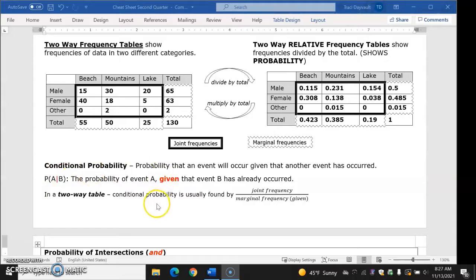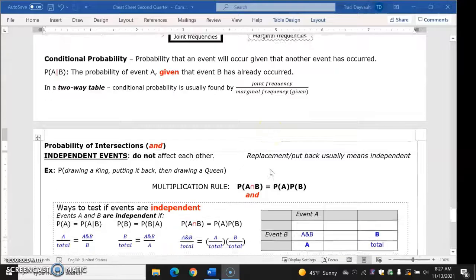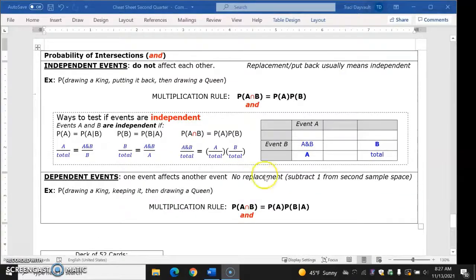In a two-way table, the conditional probability is going to be a joint frequency divided by a marginal frequency because it's just out of a certain category. You could do the same thing with the two-way relative frequency. And lastly, we looked at the probability of intersections of two events using an AND. Remember, we have to look at if they're independent or dependent, but for intersections, we use the multiplication rule